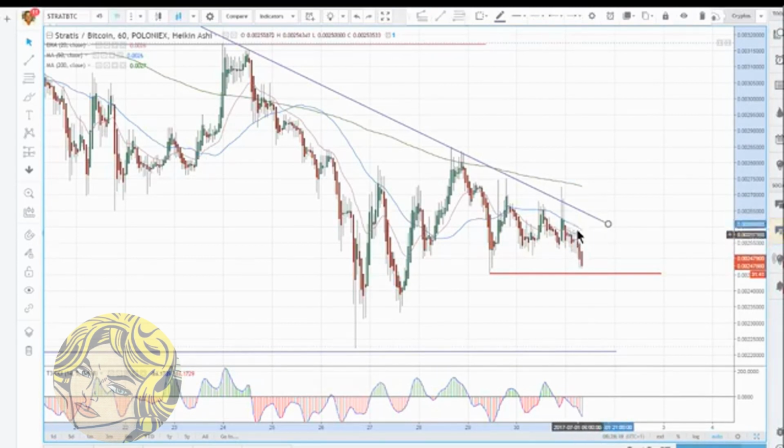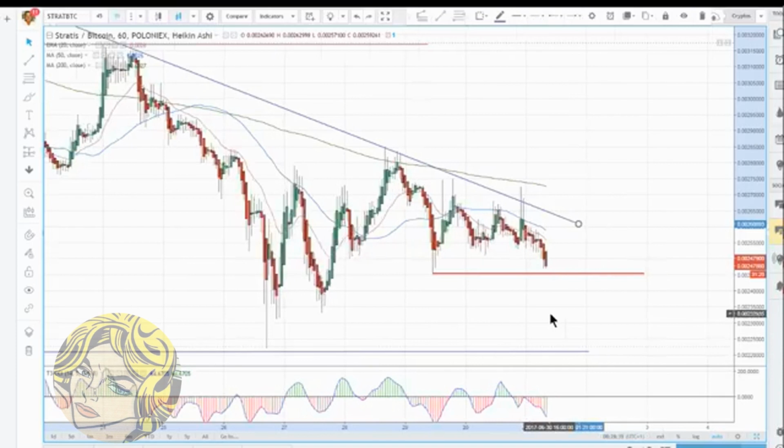But for me, I need to see it base and turn up and get back above these hourly moving averages. And then we can say, oh, we're going back to the 200, which is up here, 272. And then we're breaking out. But until it shows some signs and gets above, and you see each time the last 2 days in Stratis,